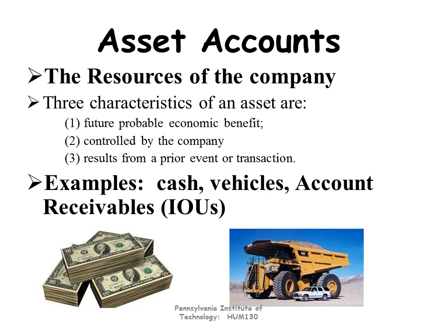Second characteristic is that it's controlled by the company. And the third is results from a prior event or transaction. So going back to the example, you went to the store, you bought the stove. Either you paid with your credit card or you paid cash. That is the transaction. Now the examples that I have here are cash, always a good economic asset, vehicles, account